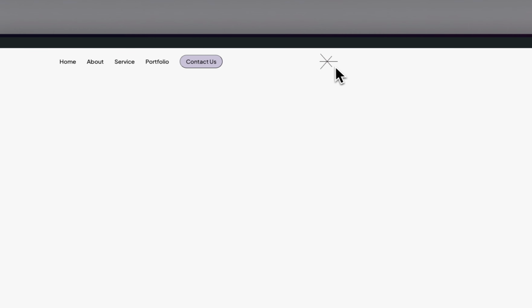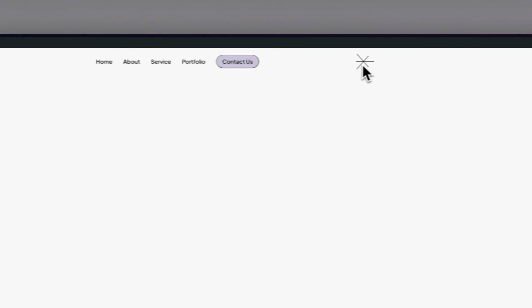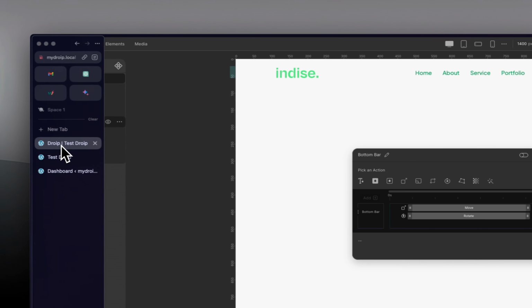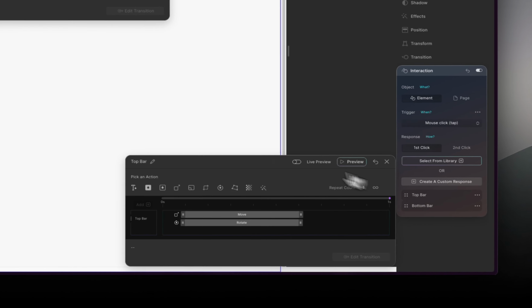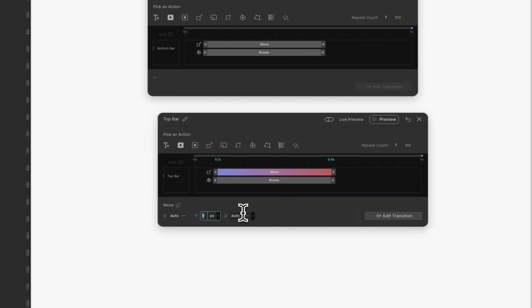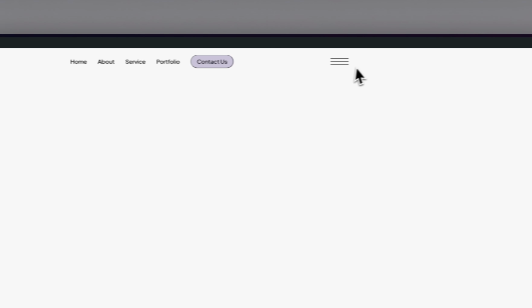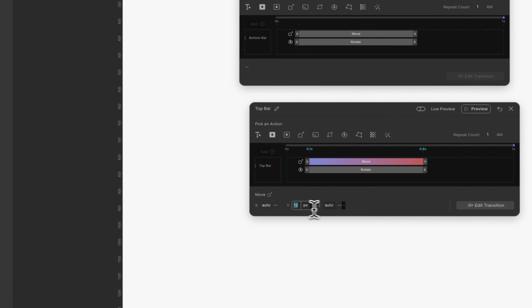So now we do have something more like that. Okay, you can see that it is not too accurate. So I'm going to come here, go to the top bar, drag it, click on this, and then let's probably make this one like 12 pixels, and then let's save that, and then I'm going to refresh. So when I click here, you have something more like that, but probably not too accurate.